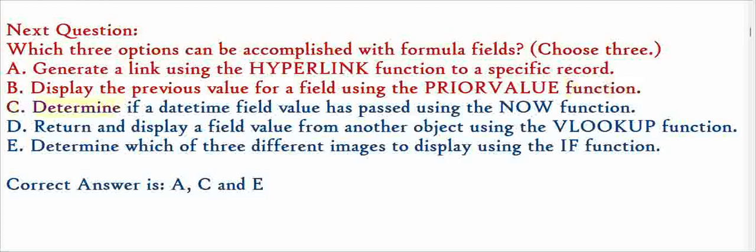C. Determine if a date-time field value has passed using the NOW function. D. Return and display a field value from another object using the VLOOKUP function. E. Determine which of 3 different images to display using the IF function. Correct answer is A, C,